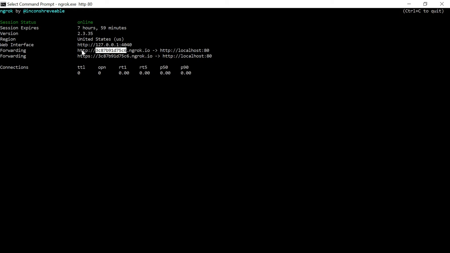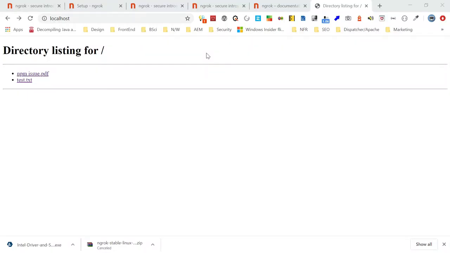Now it supports both HTTP and HTTPS. So both will forward to your local server. Now let's say you can share this URL with the external user, so they will be able to access these specific files. So if I go again to a browser,